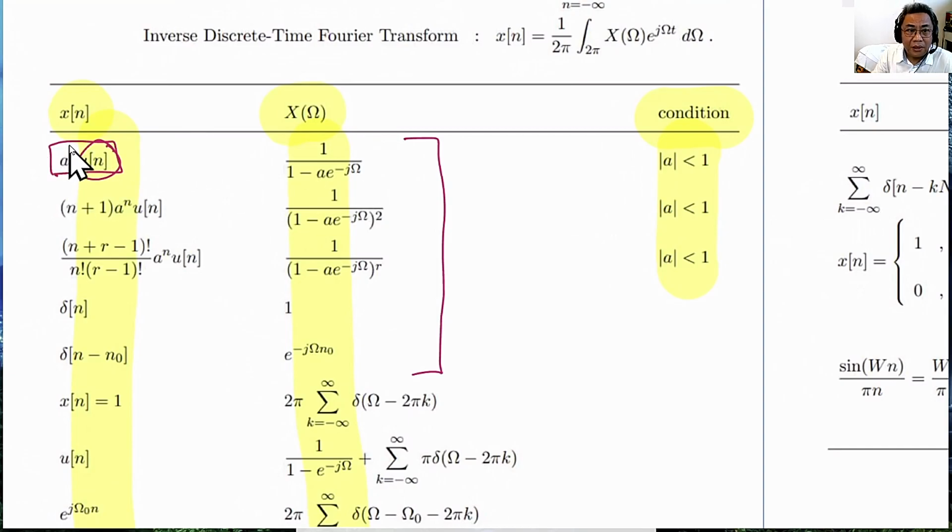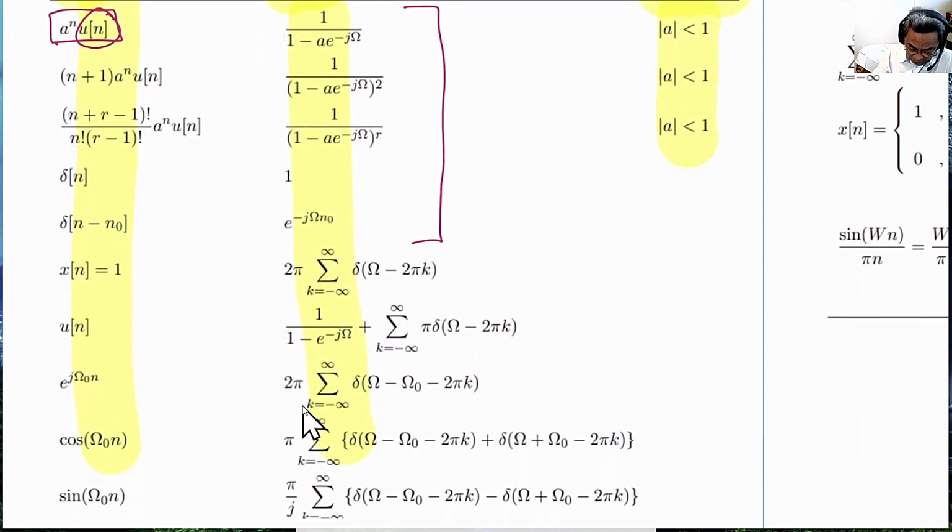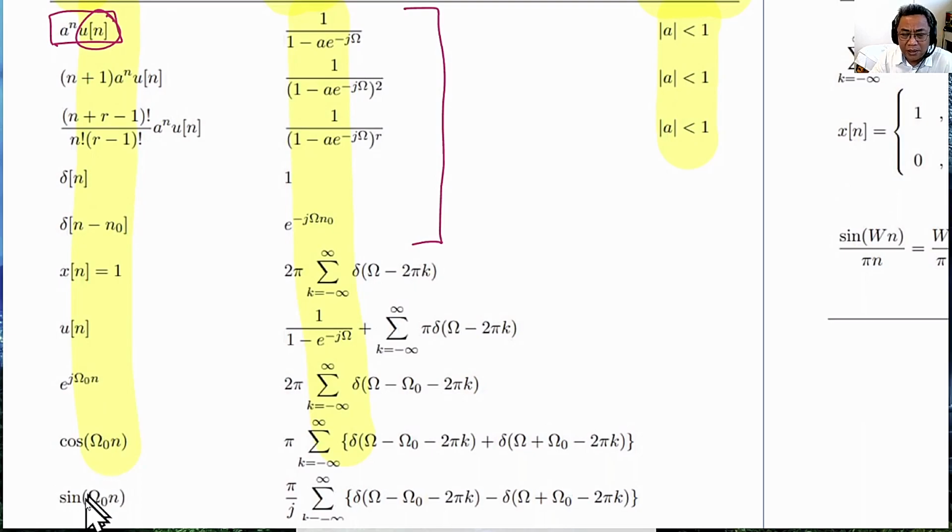Now, how do I know that these are aperiodic signals? Well, of course you can plot x[n] and then see that they are aperiodic, and therefore we are getting the X(omega) for an aperiodic sequence. But how do we quickly realize that these are aperiodic sequences? Oh, you know cosine and sine and e^(j omega_0 n)